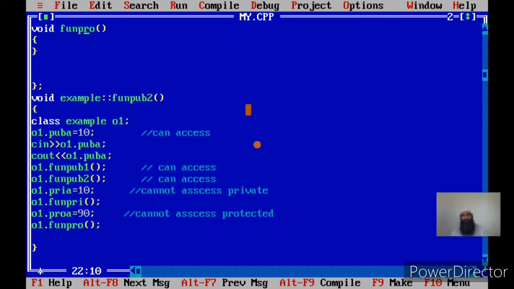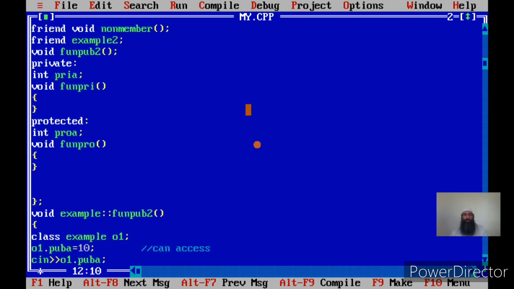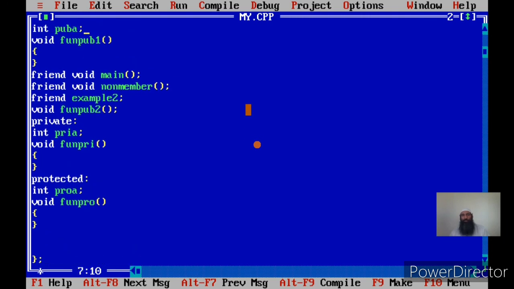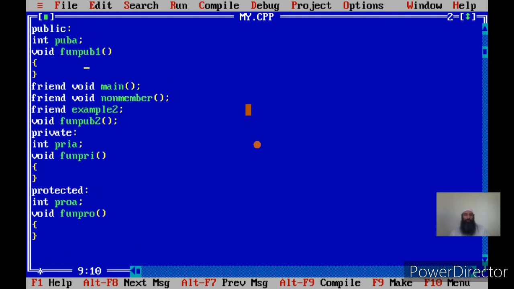The simple way is to make a function a friend by writing its prototype preceded by the friend keyword in the class. To make a class a friend, write the class name preceded by friend, as we did for example2.